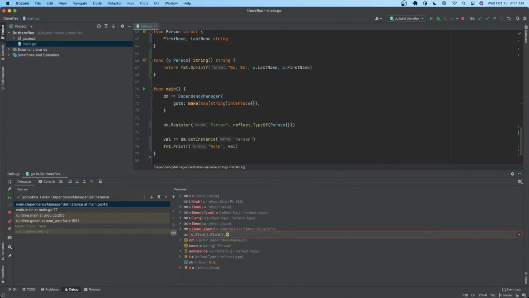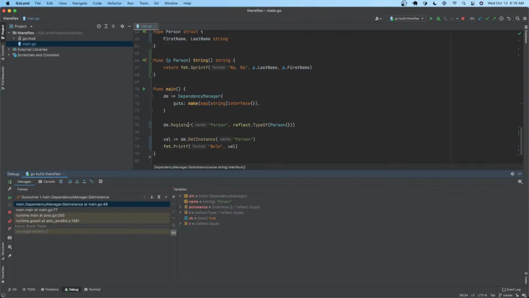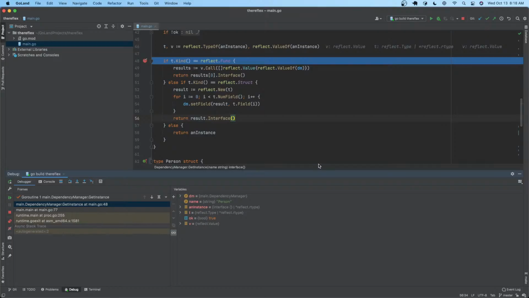And let's see if we can cast that. So if we just kind of step through this, what's going to happen is